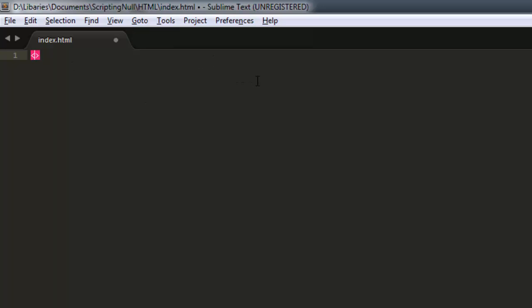So to do that, we simply create the starting HTML tag, which is left arrow, HTML, right arrow. Then we also want to end that tag a couple of lines down, and we do that using the exact same technique, except we put a / straight after the first left arrow. Okay, so now we have a starting HTML tag and an ending HTML tag. So within this, we're going to want to create two more tags. Now these tags are the head tag